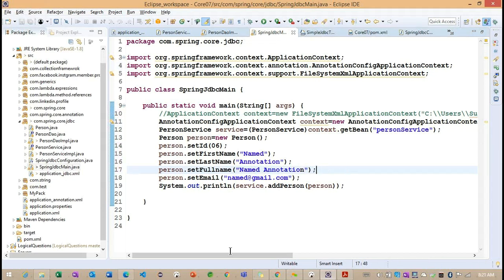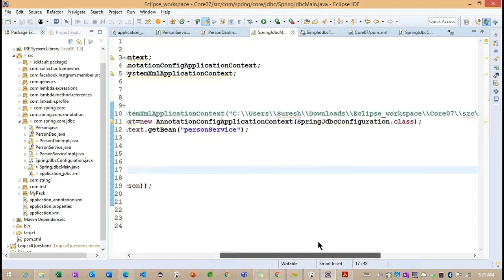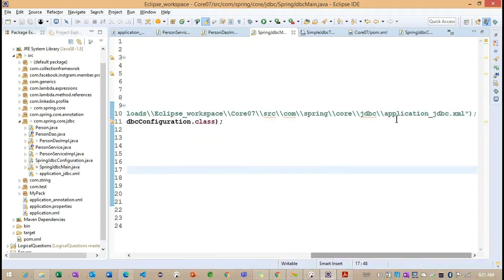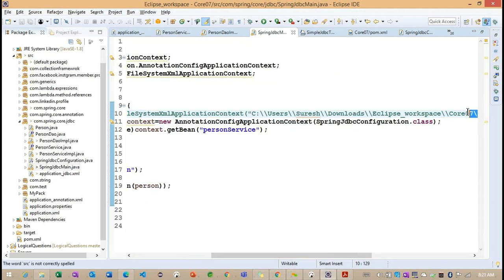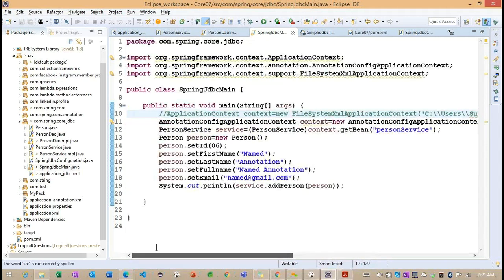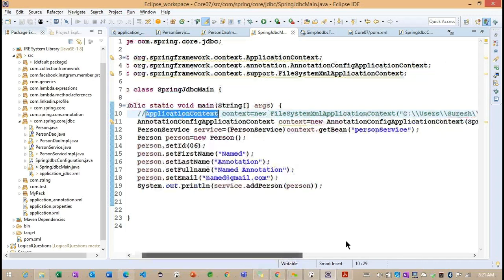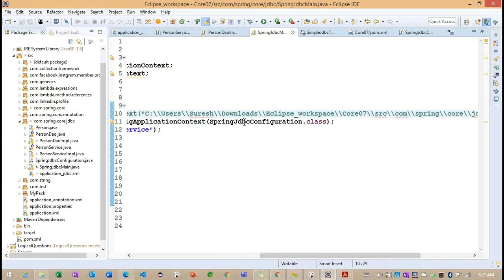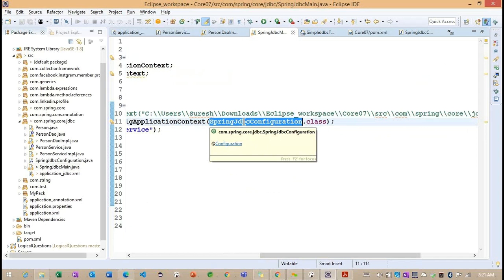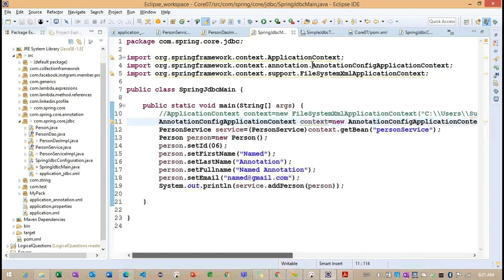Getting the point. Observe what we are doing here, without using XML configuration. You can see the XML configuration file is commented out. Now we are working on the annotation example. The annotation-related information is provided inside the SpringJDBCConfiguration class.